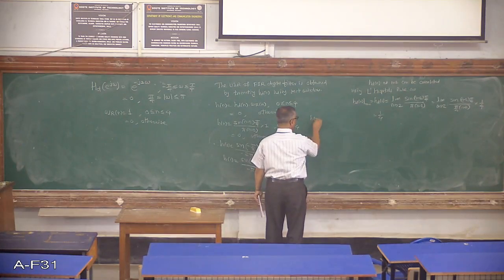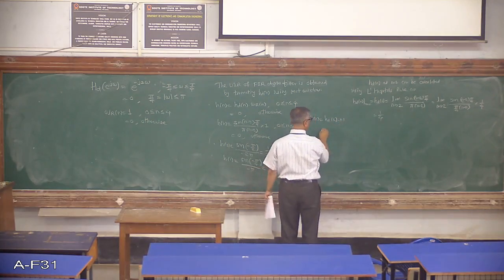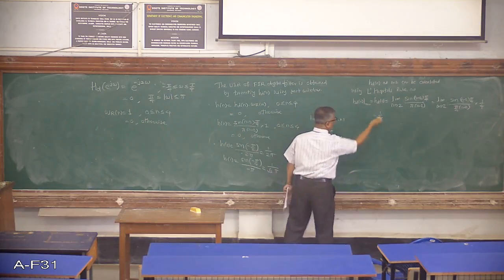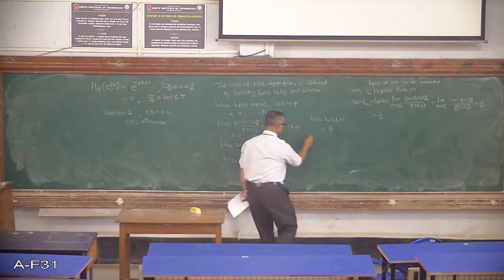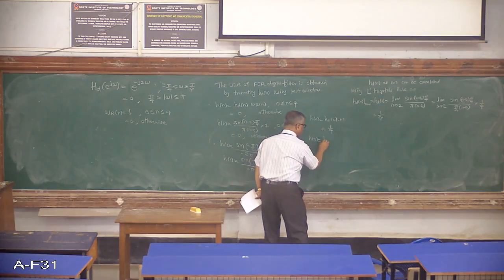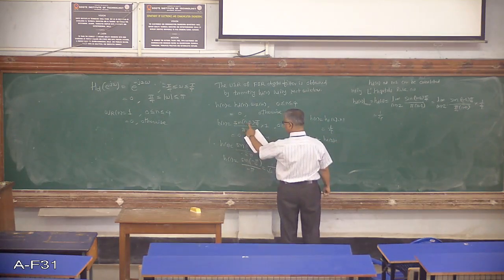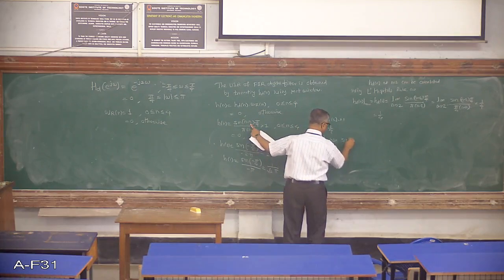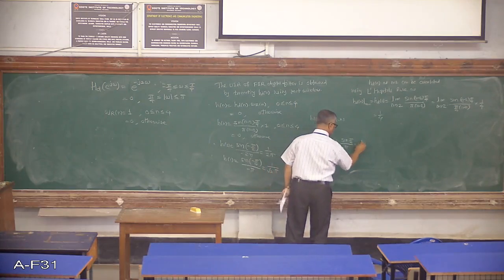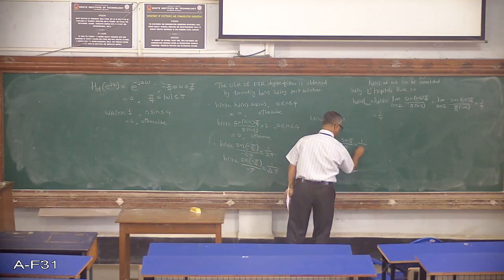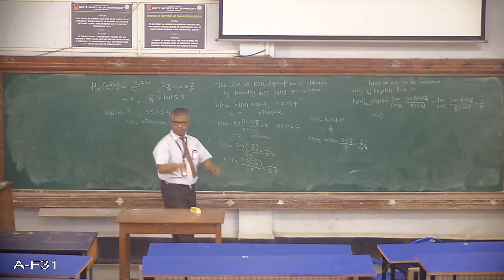At n is equal to 2, already we have got it here. So h of 2 will be HD of 2 multiplied by 1, because the rectangular window is 1, and HD of 2 is 1 upon 4. Already we have done that calculation. Next value is h of 3. H of 3 will be HD of 3. If you put n is equal to 3 here, 3 minus 2 is 1, so it is sine pi by 4 divided by pi, and this is nothing but 1 upon root 2 pi. Remember, the value of h of 1 and h of 3 will be the same because of the symmetry.